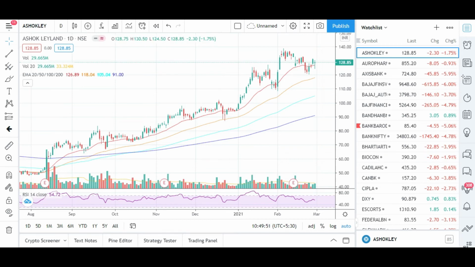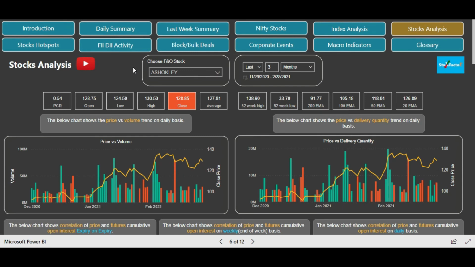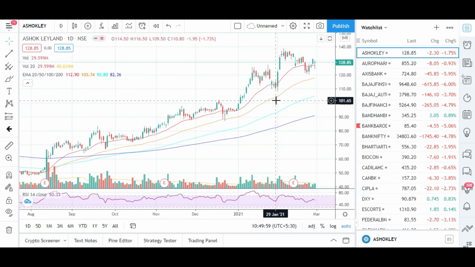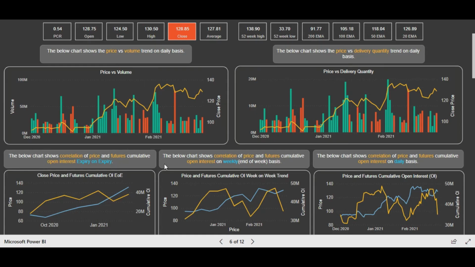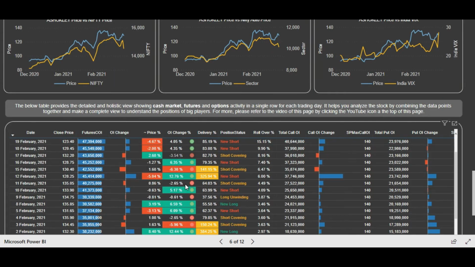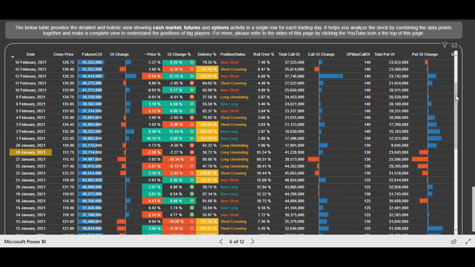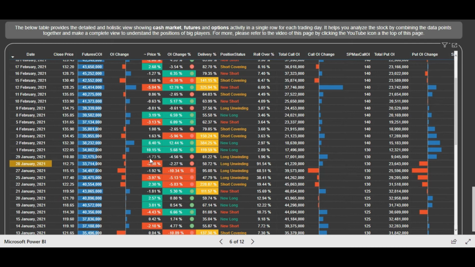So if we take the example of Ashok Leyland, I've already filtered the stock on the stocks analysis page. If you see on the chart, it was on 29th and then 1st of February. Once you go to the chart, you have to wait until there is some short covering or long positions are made from that level. On the 1st of February there were huge long positions made, huge cash delivery, and then huge put writing was done. So friends, this gives us the signal that now we can enter this particular stock by keeping the stop loss at the 1st February day's low, and this will generate a high probability trade.